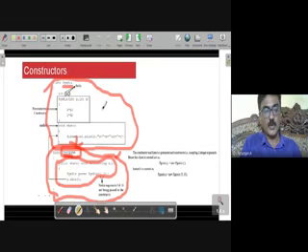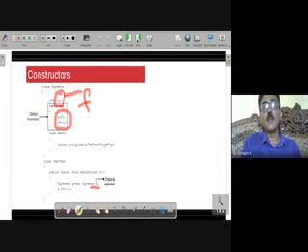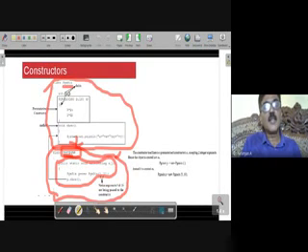In this example, it is not accepting any parameters, so this is called as a default constructor. When it is not accepting any parameters, it is called as a default constructor. And if it is accepting parameters, you see here, the name of the class is PGM6. The name of this method is also PGM6. It is accepting two parameters. While creating the object, how many values are being passed? Two values are being passed, 5 and 10.